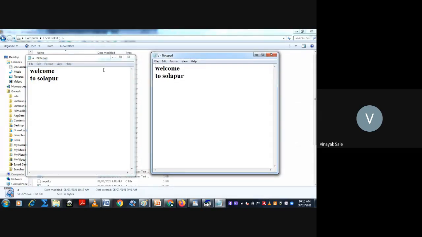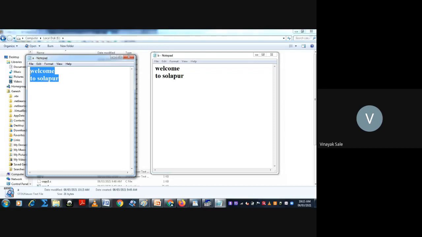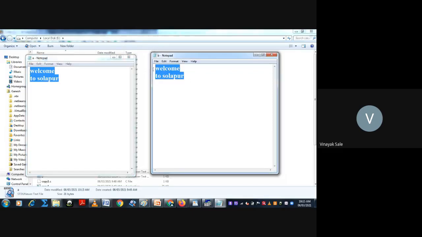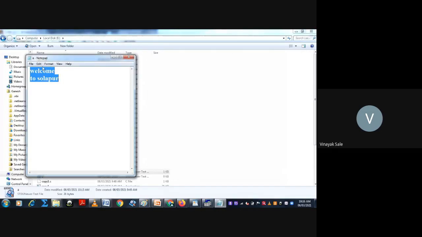On the left side is the source file, whereas this is the target file. So I copy the contents, then remove the contents from this target file. Delete. Okay. Then I will save and close. This is our source file.